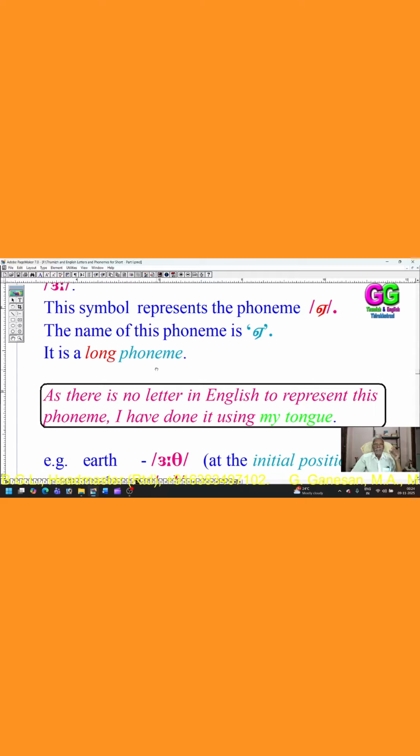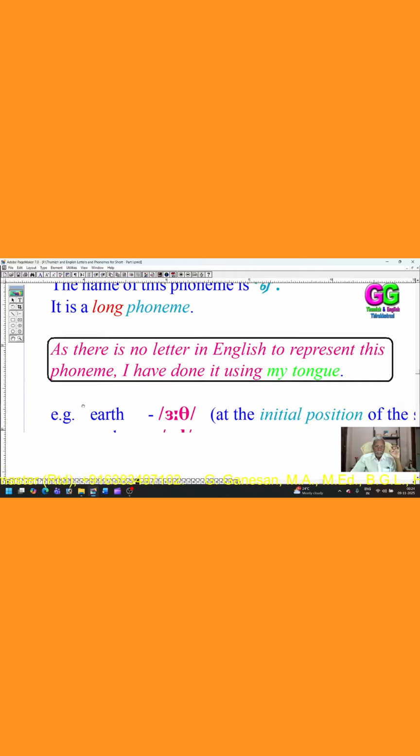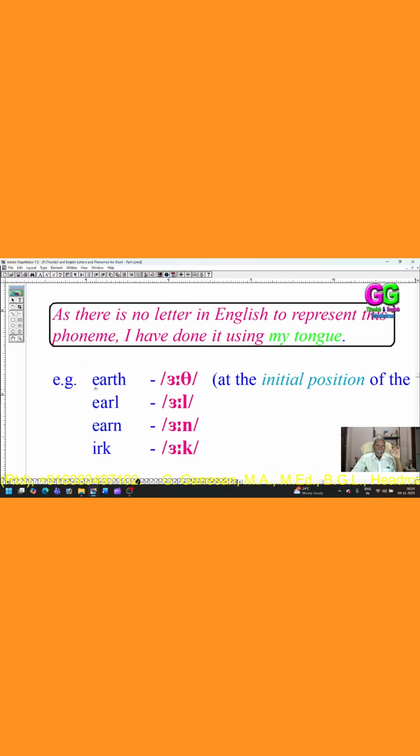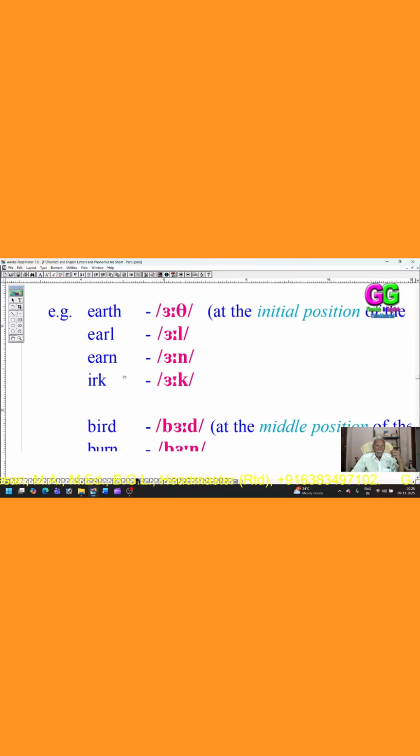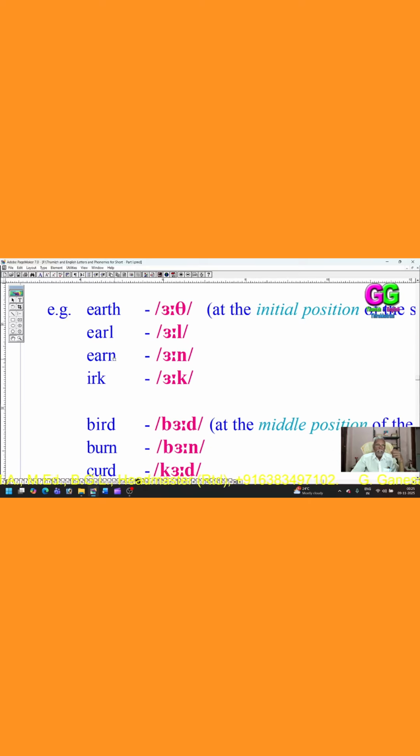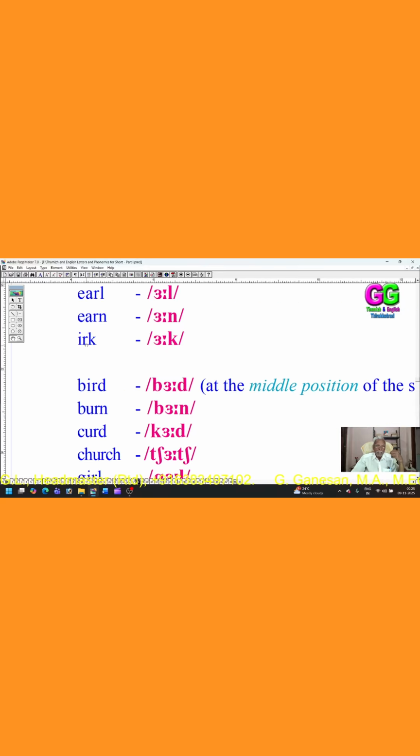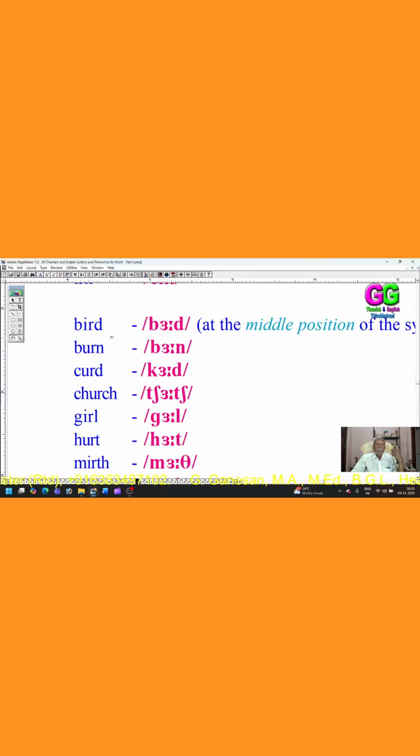To represent this phoneme, I have done it using my tongue. At the beginning of the syllable: E-A-R-T-H, earth. E-A-R-L, earl. E-A-R-N, earn. At the middle of the syllable,